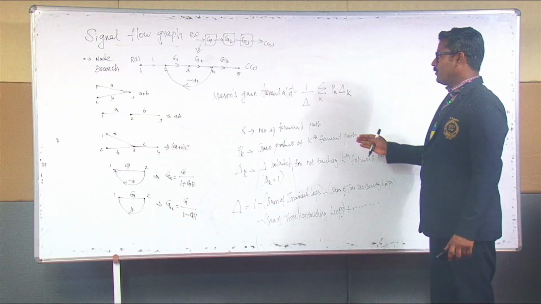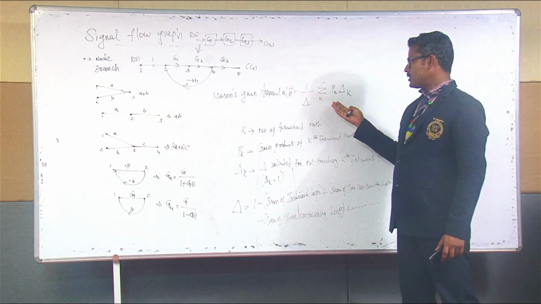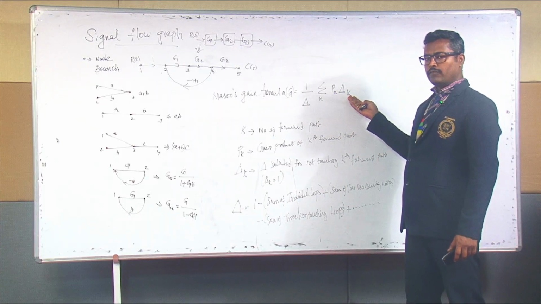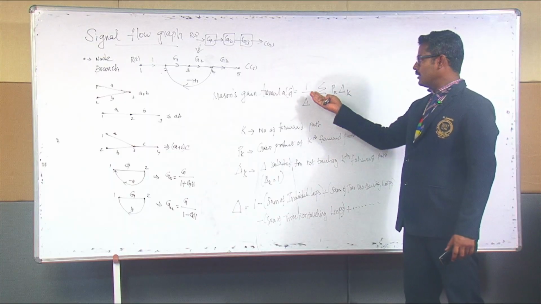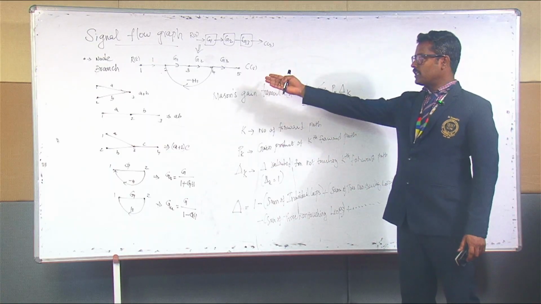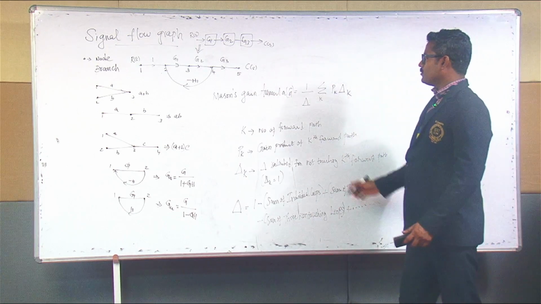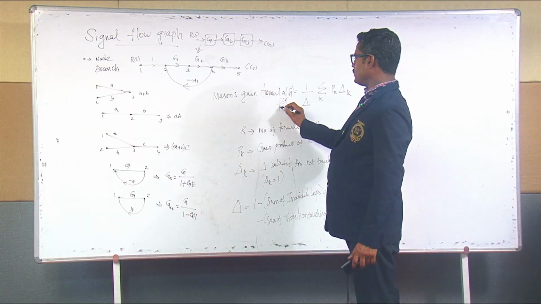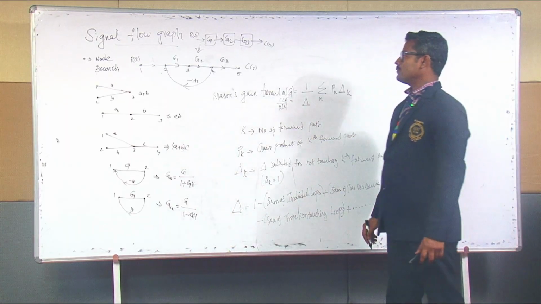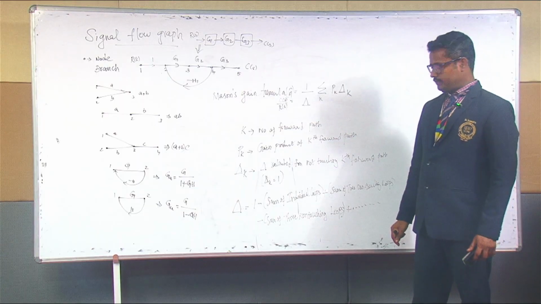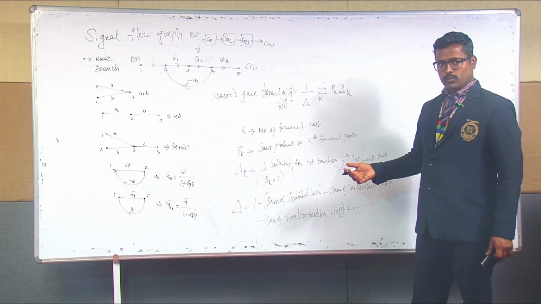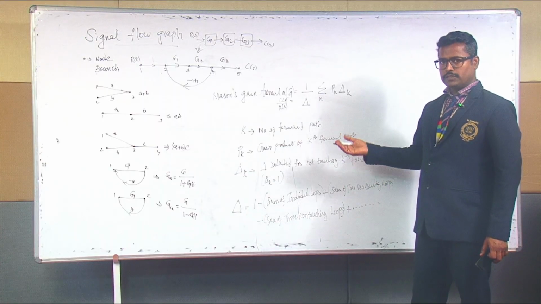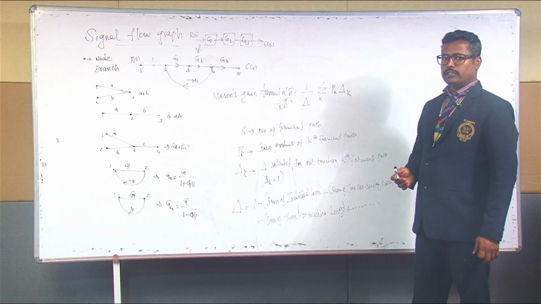Okay, so we can reduce the signal flow graph with the help of this Mason's gain formula by calculating del, Pk and del k for every forward path, and we can easily derive the transfer function of that particular signal flow graph. Mostly G of s equals the output C of s over the input R of s, so C of s by R of s is nothing but this equation. Okay, so we can discuss one example for deriving the transfer function using Mason's gain formula. Okay, so we are going to reduce this